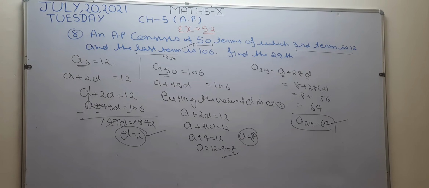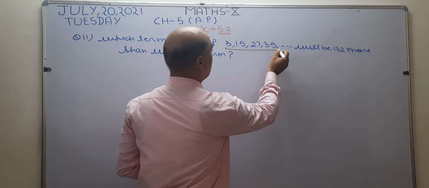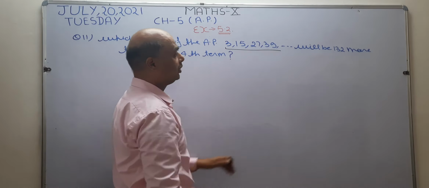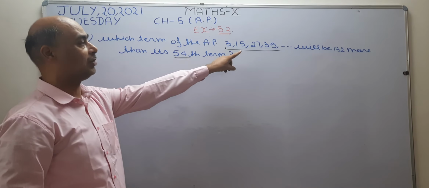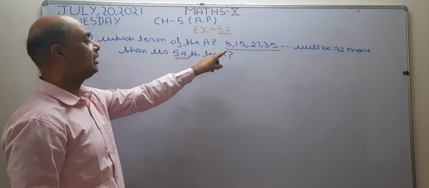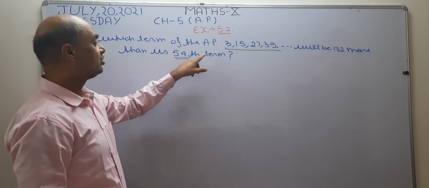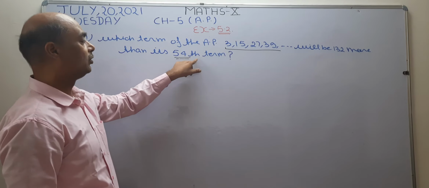See what is given in this question. Which term of the AP 3, 15, 27, 39 and so on will be 132 more than its 54th term? In this question we are going to check which term of the AP is going to be 132 more than its 54th term. So I suppose let